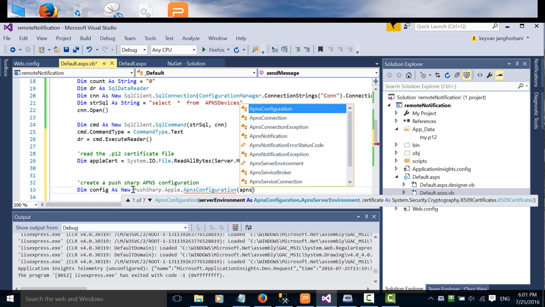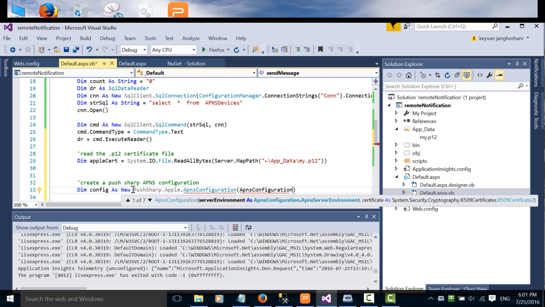So ApnsConfiguration.ApnsServerEnvironment.Production,